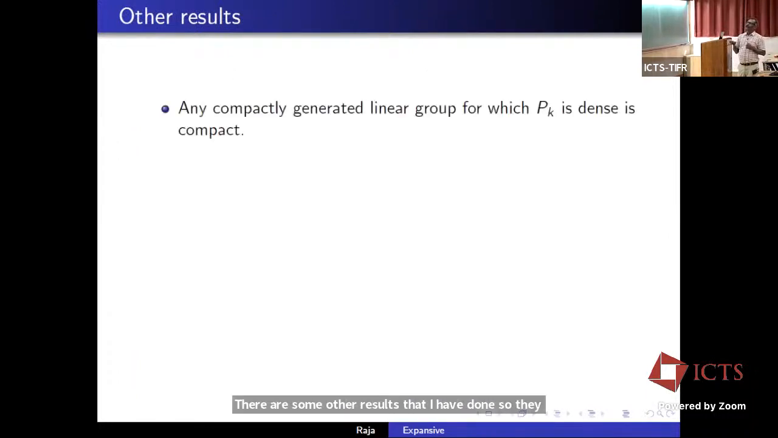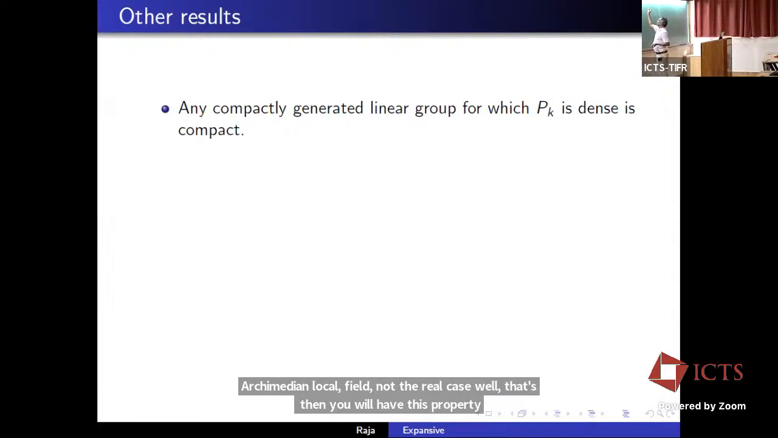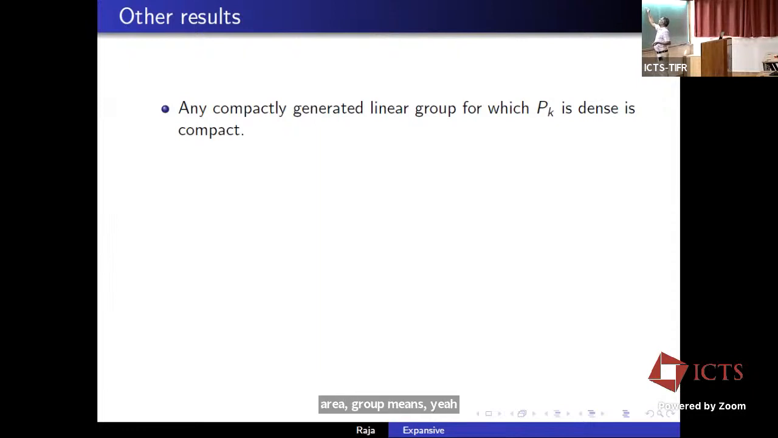There are some other results that I have done, which are interesting on their own. Very similar results: any compactly generated linear group for which the power map is dense is compact. If you take any compactly generated linear group over a non-Archimedean local field, not the real case, then you will have this property. Here a linear group means a closed subgroup of GL(V). Take any closed subgroup of GL(V). Suppose the power map has dense image,